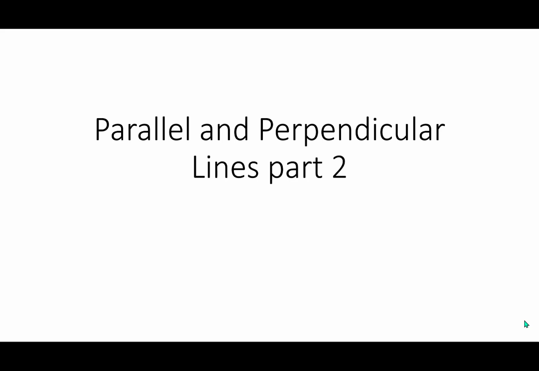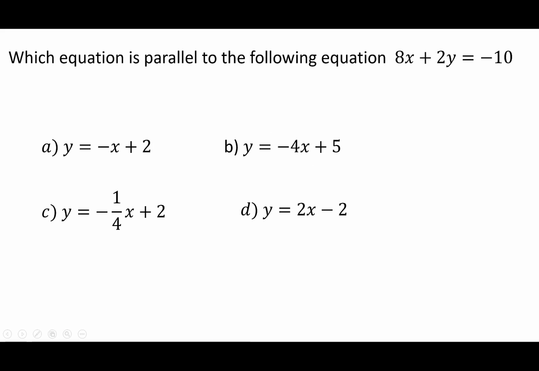All right, so today we're going to continue talking about parallel and perpendicular. So we're going to start with a quick review. Okay, which equation is parallel to the following equation? 8x plus 2y is equal to a negative 10. I need to know what the slope of this line is in order to figure out which of the four down here is parallel. So first thing I'm going to do is subtract 8x from both sides, and I get